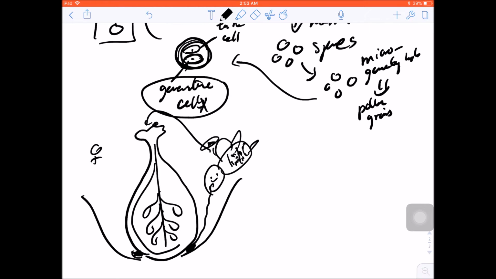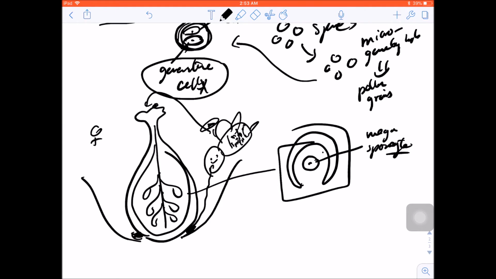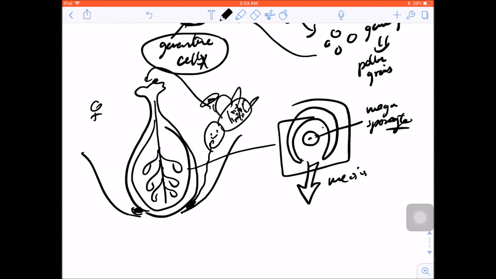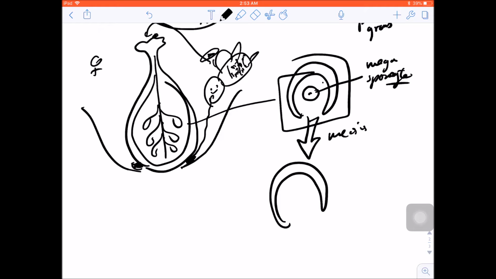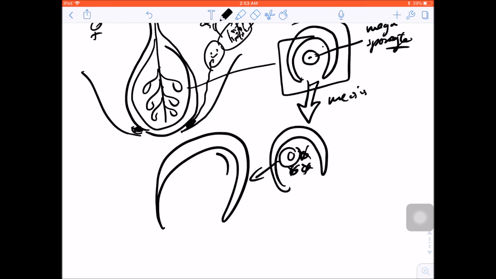Okay, so looking at the ovules, each individual ovule is kind of similar to the gymnosperms. In the immature ovule, you have this megasporocyte, and it undergoes meiosis to make 4 megaspores, 3 of which abort, and then this remaining megaspore undergoes mitosis, and the gametophyte in this case looks